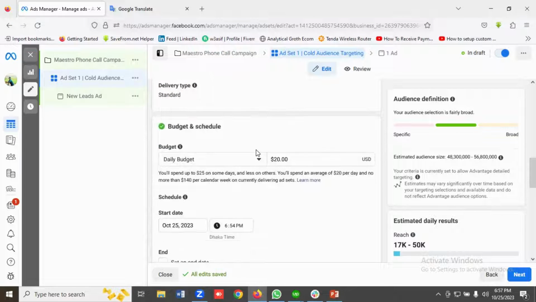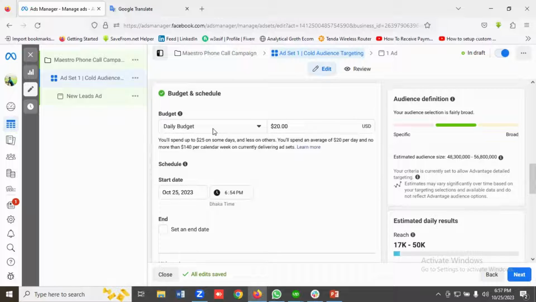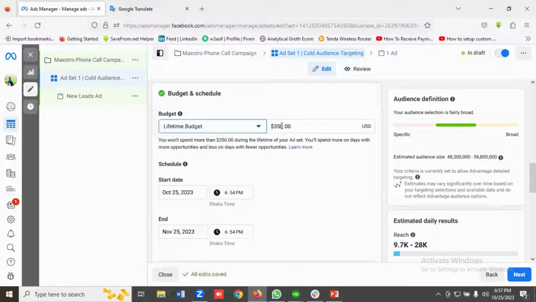Then we'll be using lifetime budget because we want to schedule the ads, because I don't want to get phone calls at 2 a.m. in the morning. For example, my services start from 9 a.m. to 6 p.m., so I want to get phone calls in this specific time. If you want to schedule your ads, you need to choose lifetime budget. If you choose daily budget, you will not be able to schedule your ads. So I'm going to choose lifetime budget,